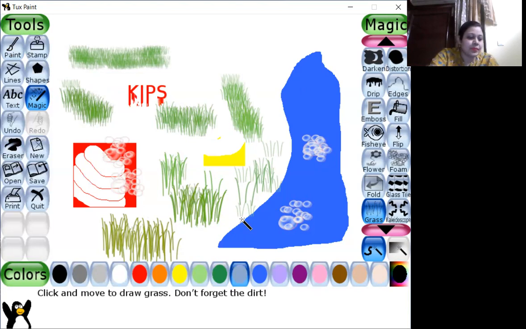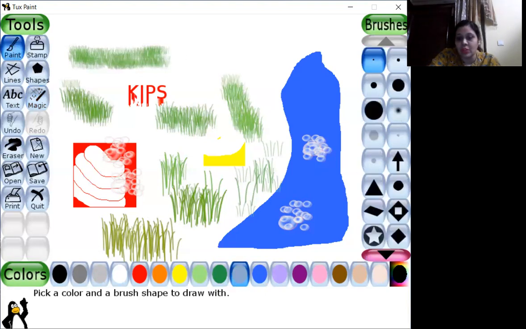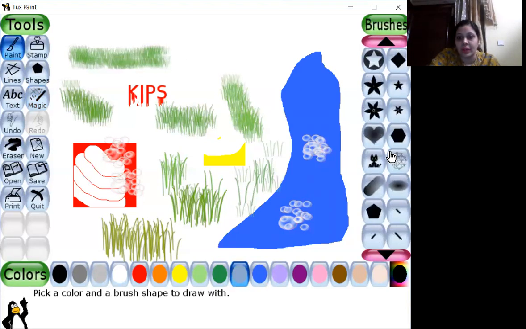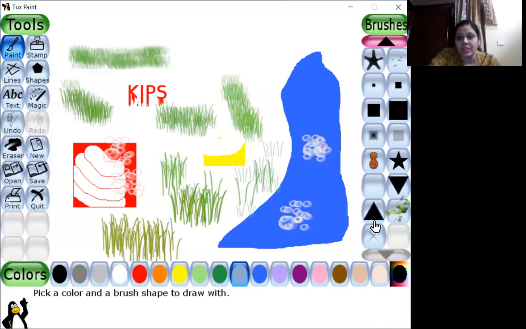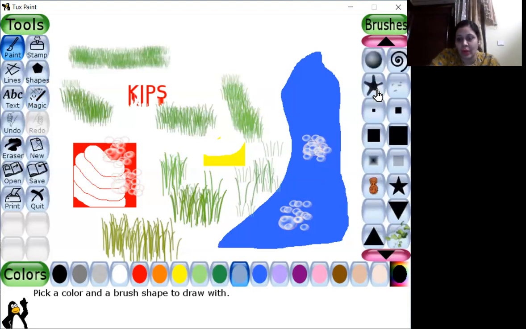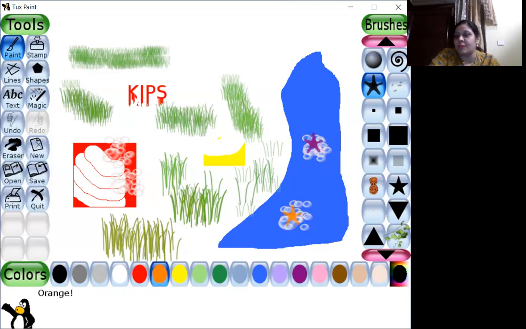Yes. So there is one option here, starfish also, that I would like to tell you how to use in the paint option. If you go down, you will see this one option. After circle, this is the starfish option. So whatever color you choose, and if I put it here, it gives an effect like a starfish. So this is how you can make starfishes.